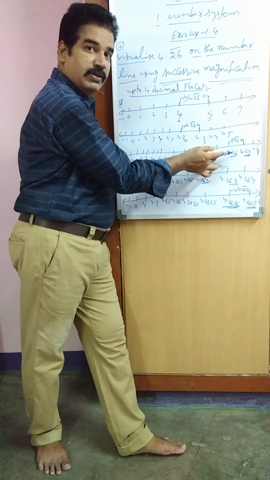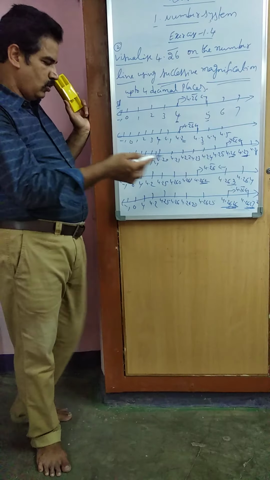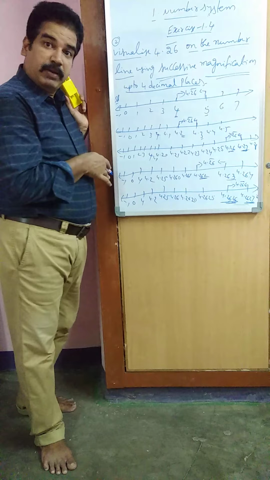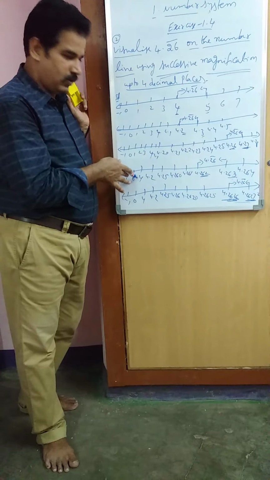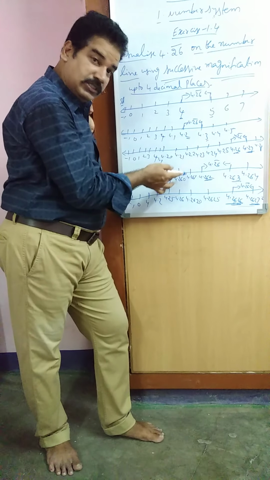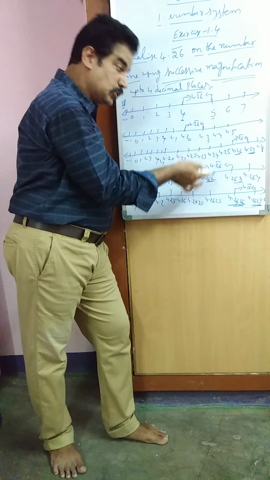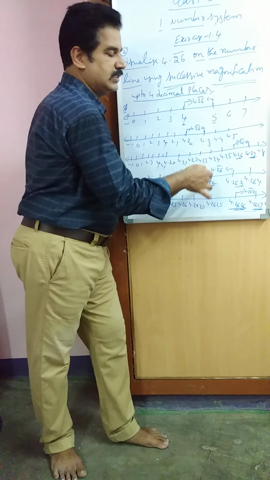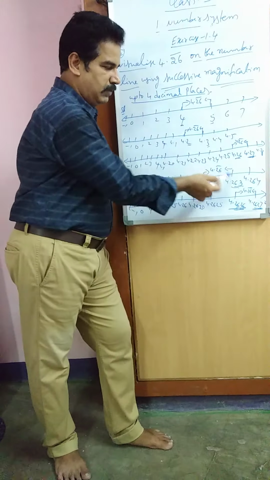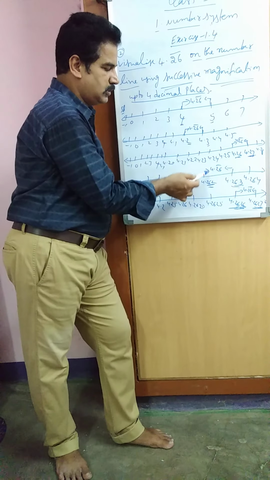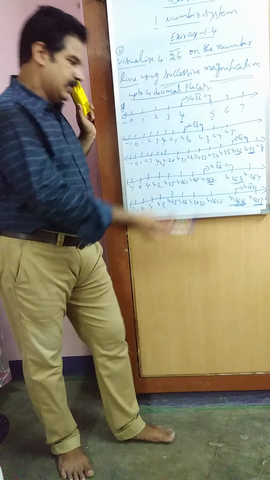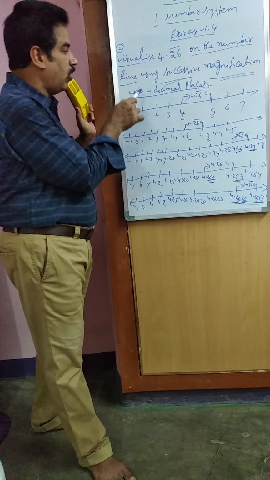And next, up to 100 we represent. One more step you want to go, that's why again you draw the number line. Now in this step I wrote directly 0, 4, next 4.2, next 4.25, and next I want 4.260, 261, 262 and 263. It lies between these 2 numbers, 262 and 263. Up to 3 places we represented. 262 means 2620 and 2630. And then one more place, you want up to 4 places.